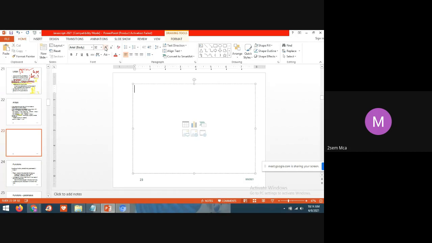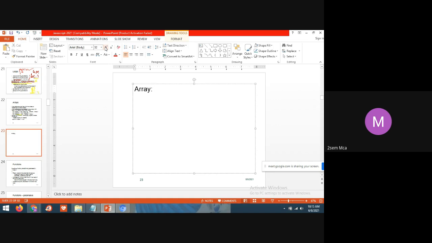Yes, students, as we all know that array is a collection of homogeneous data type. What is the definition of array, students? Array is a collection of elements which are of similar type. Yes, array is a collection of homogeneous data type, whereas structure is a collection of heterogeneous data type. So you can store either integer or float or character.